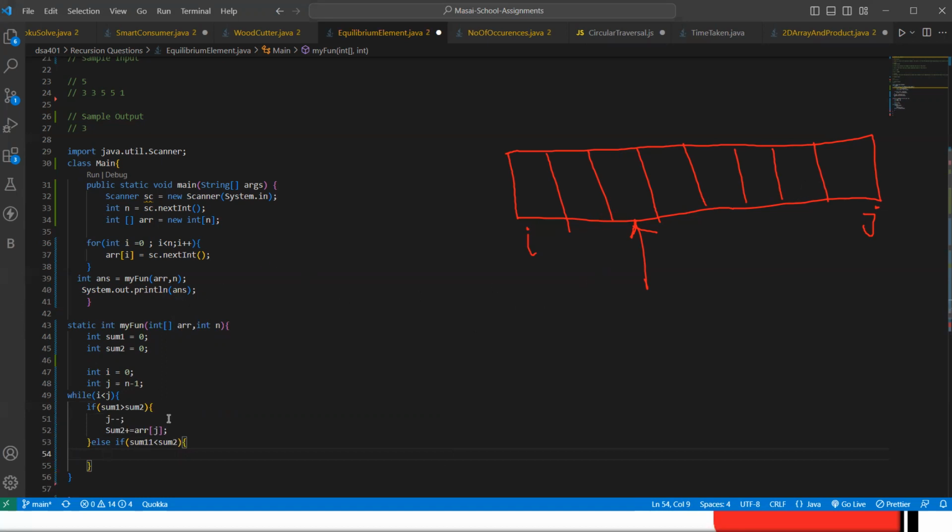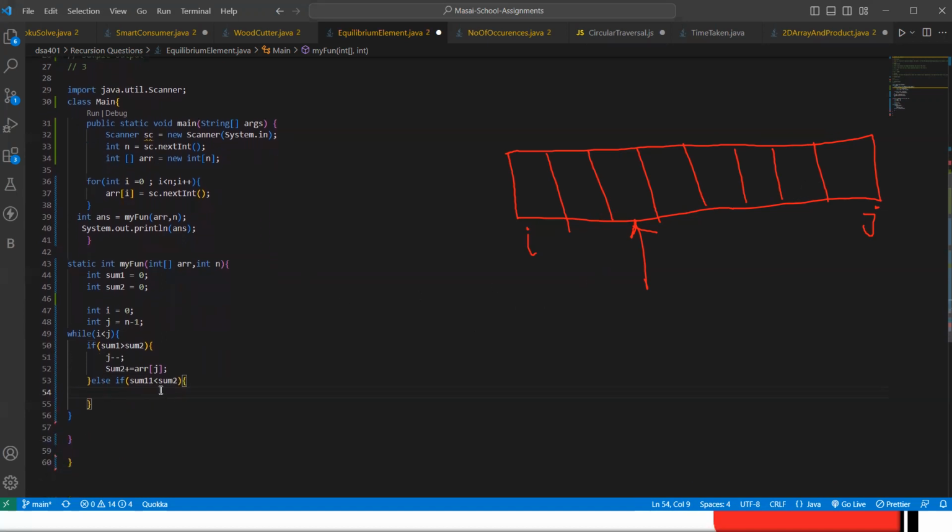So in this case, sum1 is less than sum2, and we increment the value of i, and after the incrementing, we add the value in sum1: sum1 plus equal to array of i. So this is done.